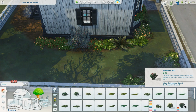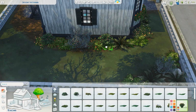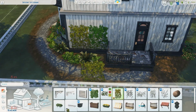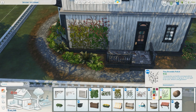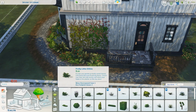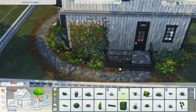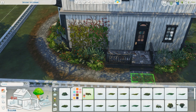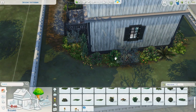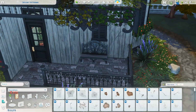I've got one on my list that came from a comment I got a while ago, so a little bit of a spoiler. Somebody asked ages ago, I think when the Cottage Living expansion pack came out, if I could build a witch's cottage with a chicken coop and a cow shed and all that. So something like that is coming either next week or the week after, so keep an eye out for that. But with all that being said, I am going to end the voiceover here and leave you with the house tour,